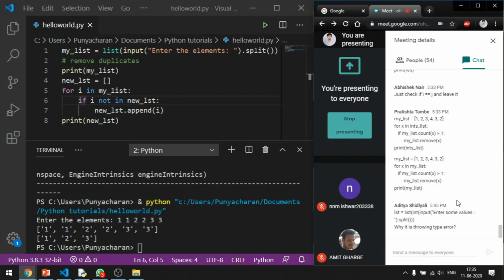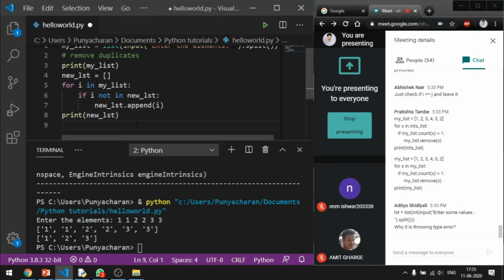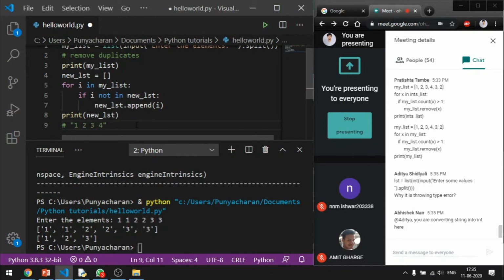It is not possible to convert a string directly into an integer. You're trying to convert one space two space three space four, which is a string, directly into an integer. That is meaningless.